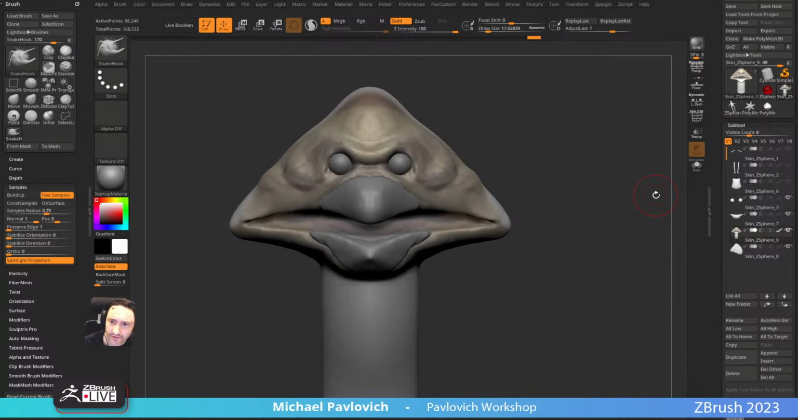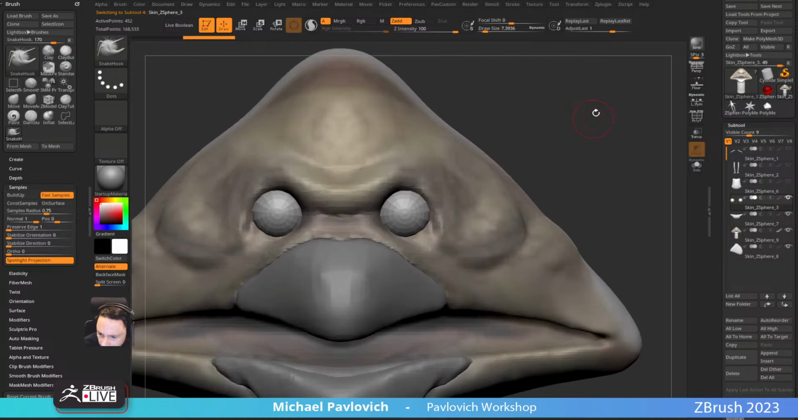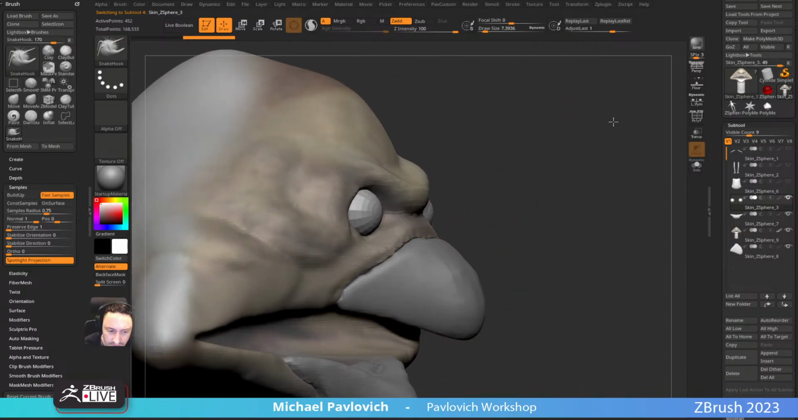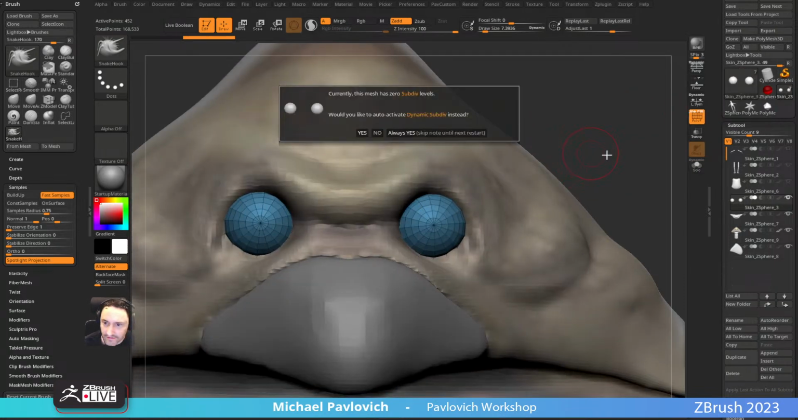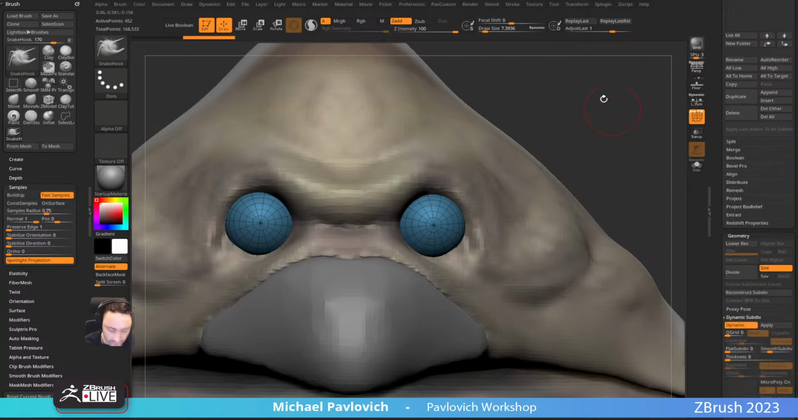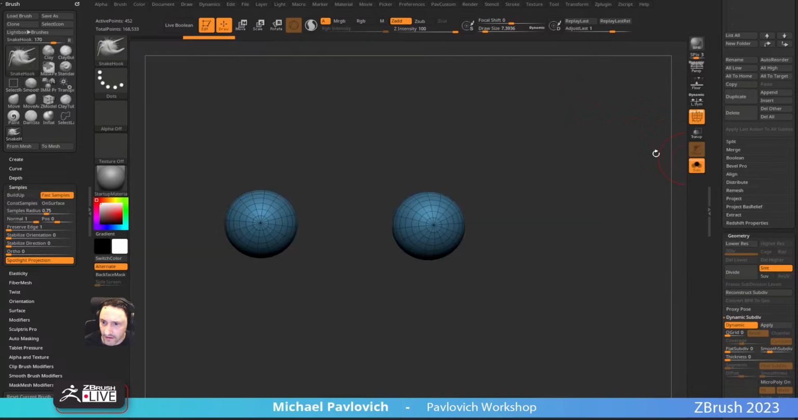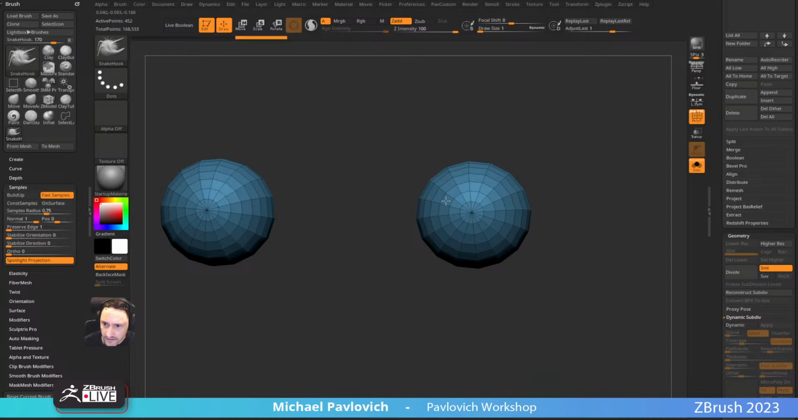Dynamic is something that if you're doing hard surface stuff like this, so I've got eyeballs here. You know what, we could do maybe a little bit more, not that it would be all that useful in this case. This would be placeholder, so if I hit D for dynamic, that's going to turn on geometry dynamic subdiv. So Shift D turns it off, D turns it back on. So if I want to go through here with my ZModeler brush and pull out